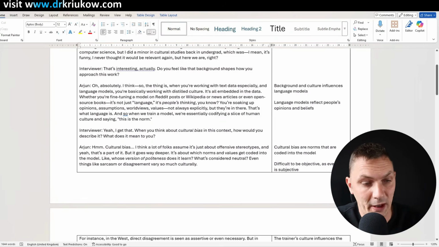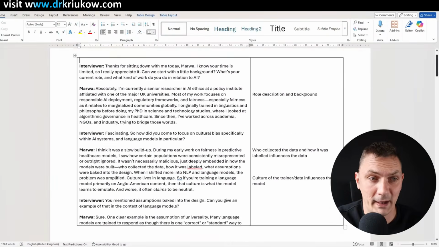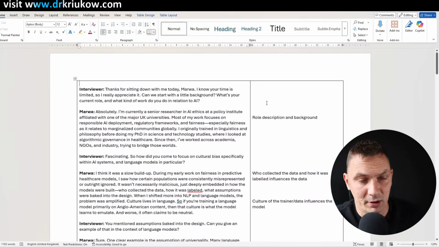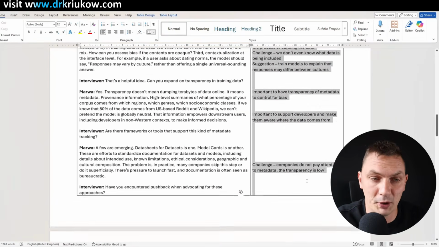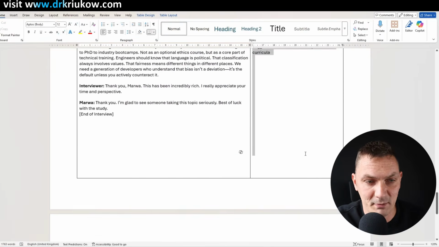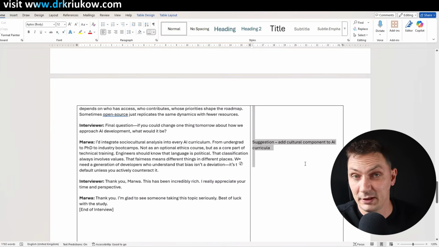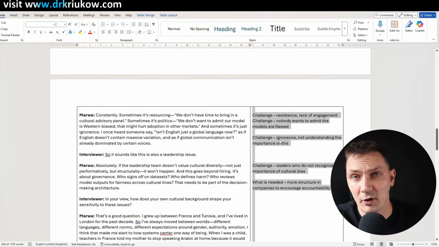But before I do it, what I also want to do is to indicate where the codes come from. And this will become much clearer as I show you the rest of the process. But generally, we do want to know where the codes come from. At the moment, they all look the same. So if I have them all in a new file, I will not know where they come from. I do need to know where they come from because I do need to be able to trace them back